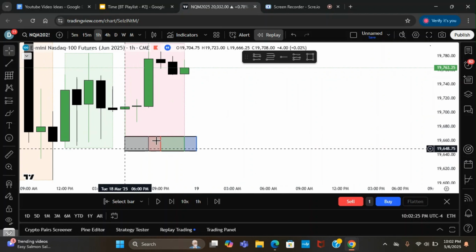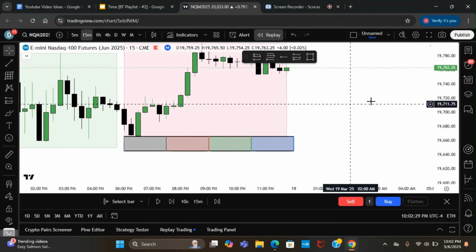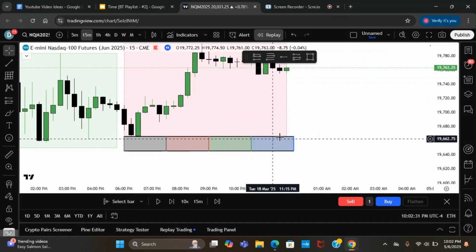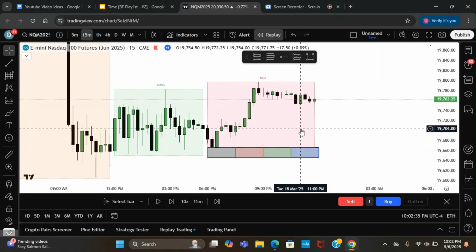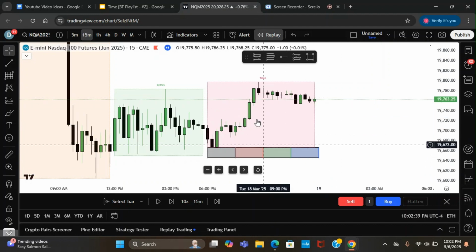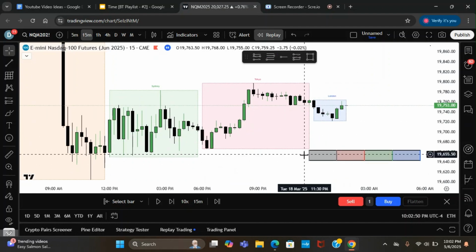All right, so it's going to look a little funky on the 1 hour. Just have to go down a time frame. All right, and now we can see it's perfectly broken up into quarters. So we'll go ahead and we'll get on to London, because we usually don't expect much out of Asia anyways. All right, so now that we're coming into